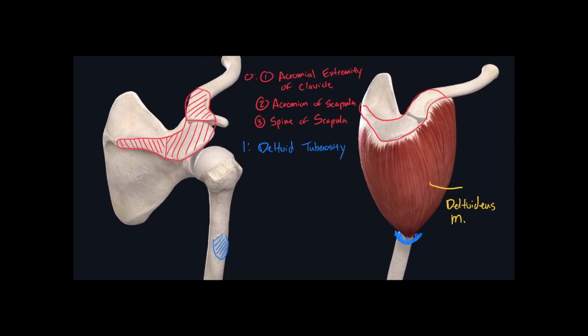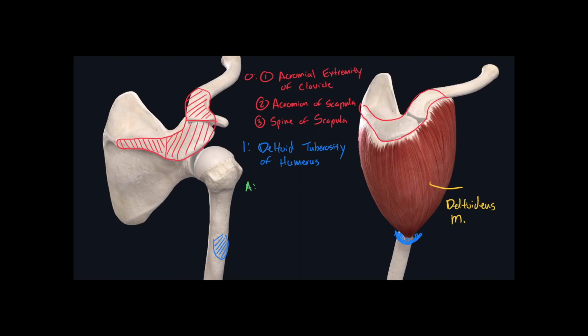Now it kind of makes sense why it's called the deltoid tuberosity of the humerus, right? Because the deltoideus muscle inserts into that landmark. So the landmark actually tells us the insertion point of that muscle, deltoid tuberosity of the humerus. Now, what's the action? Well, the deltoideus muscle is pretty large, and it covers a large portion of the shoulder